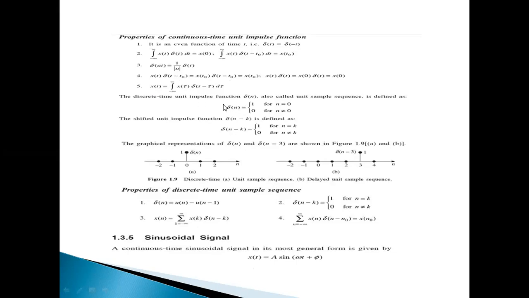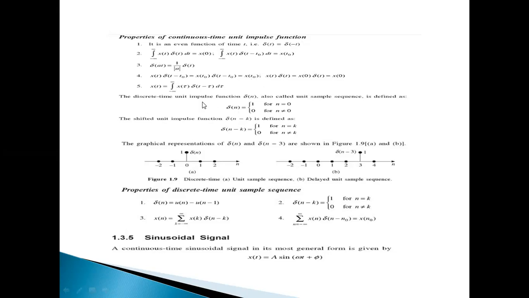Coming to the discrete time unit impulse function, these properties we will get in the next chapter, or the next unit, and you can see them elaborately in unit 2. As I explained briefly, it is an even function, and this is the shifted value; you can apply the integral values and time scaling for the impulse function, and any signal multiplied with the shifted unit impulse function will give the same signal x of t or x of t naught.